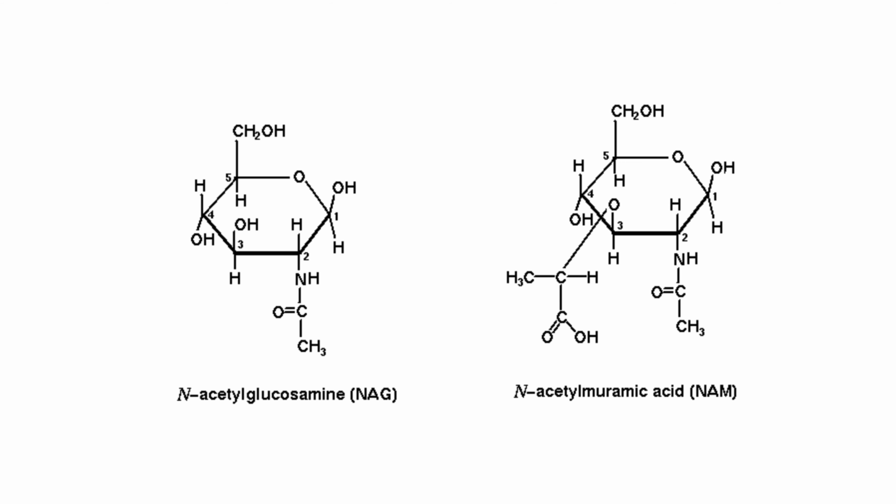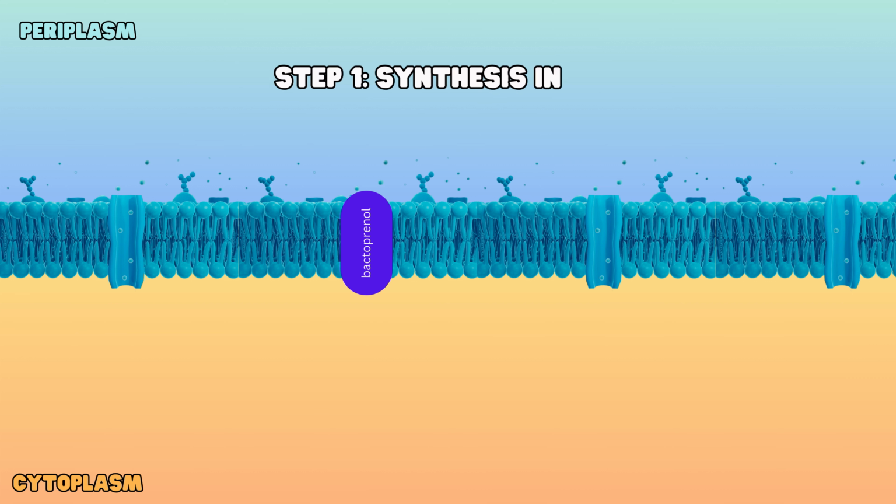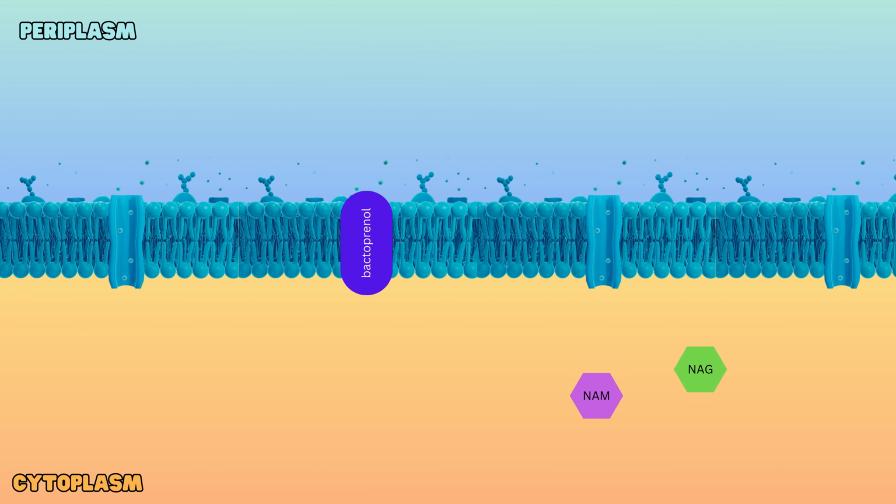So let's break down the process of peptidoglycan synthesis into 3 easy steps. The first step is the synthesis of the subunits in the cytoplasm. The subunits are synthesized in the cytoplasm of the bacterial cell. Amino acid chains of 5 amino acids are linked to NAM, forming the precursor subunits. The NAM will then bind to bactoprenol, which is a lipid that plays a crucial role in the transportation of the subunits. And after this attachment to bactoprenol, the NAG will bind to the NAM, thereby completing the first step